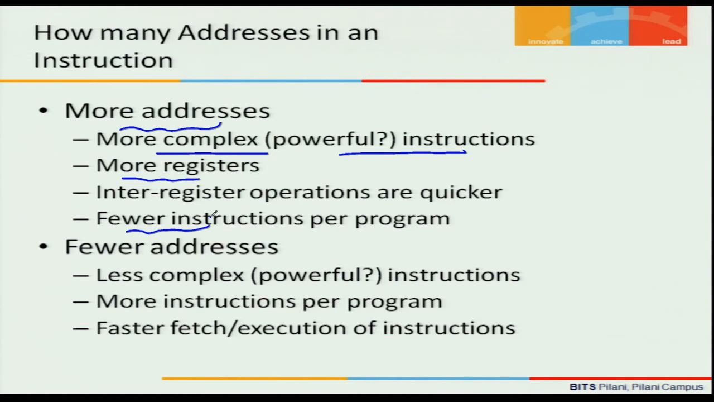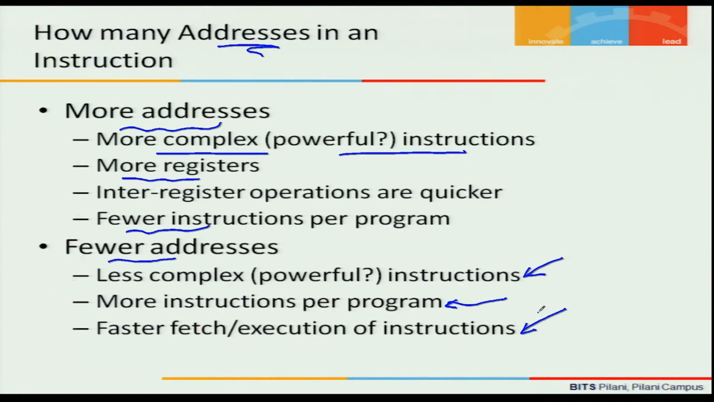Similarly, when I'm saying here how many addresses in an instruction, we are talking about how many operands we can support in an instruction. So if you have fewer addresses or fewer operands in your instruction, your instructions will be less complex, but they may not be very powerful instructions. They may be able to do only simple things. Similarly, you will require more instructions per program to do the same thing. If you have fewer addresses, then you will require a larger number of instructions to be able to do the work. And of course, since the instructions are simple, there will be a faster fetch and